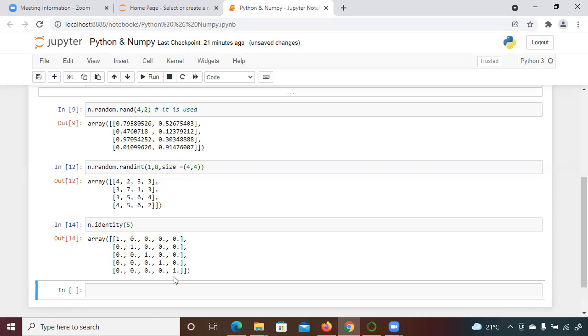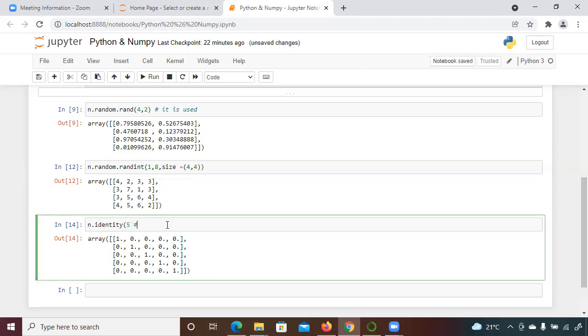If you have studied matrix in mathematics in your schooling, you might be aware of it. In a matrix, the identity element is represented with I. Do you remember that matrix? Yes, whenever you multiply it, the value remains the same. So identity element is represented with I. Even if you don't remember, it is not a big deal here. The only thing is that the identity element, when you multiply with any array, you will get the same.